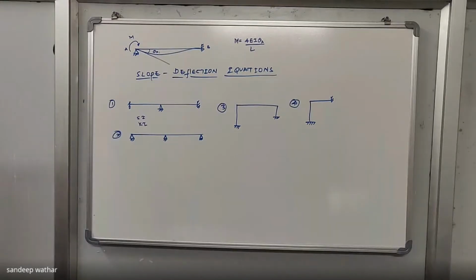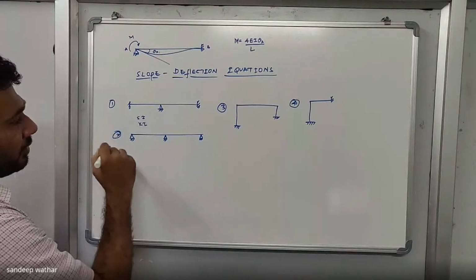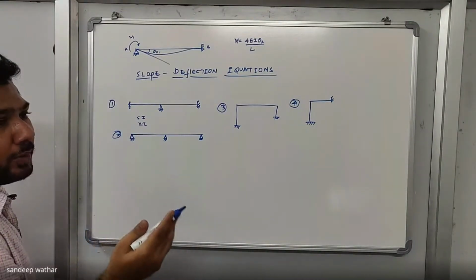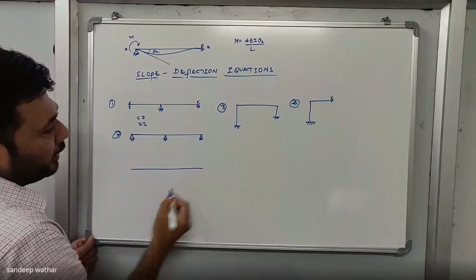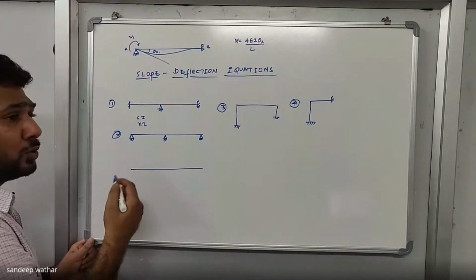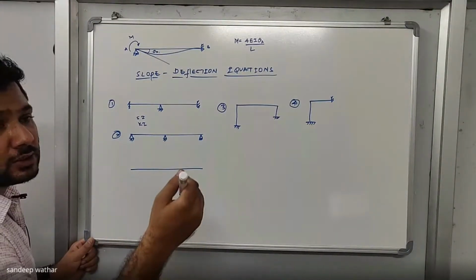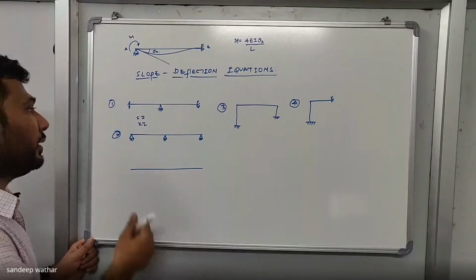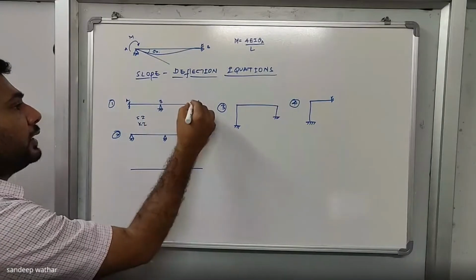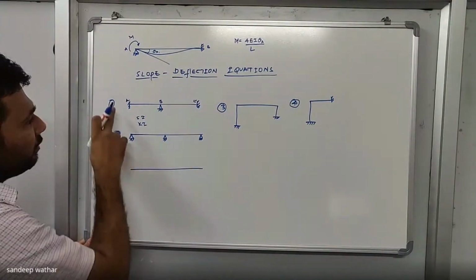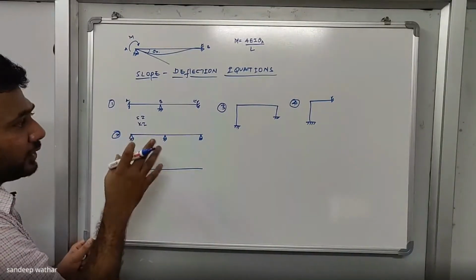To calculate the SI value, which is static indeterminacy, I need to find out how many reactions are there. So you take the first structure and try to find out the free body diagram for that. To draw the free body diagram, you must understand how many reactions will be generated at each joint or at each support. Let me take this first support, which I call A, this is B, and this is C. I'll explain the first structure. You can solve the second structure. All of you write this down, and you can solve it at home later.